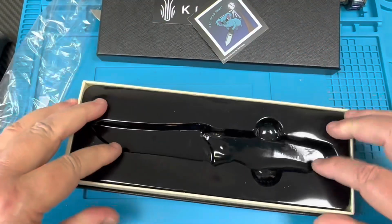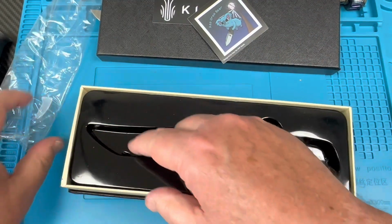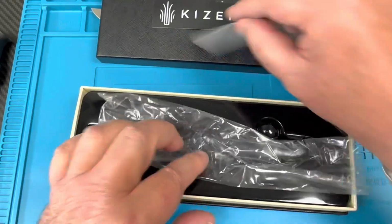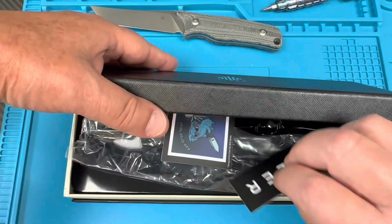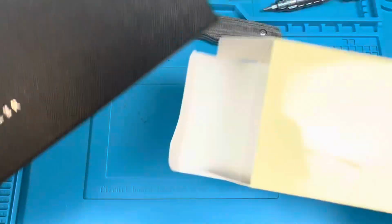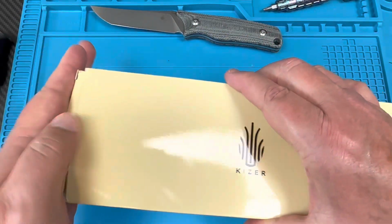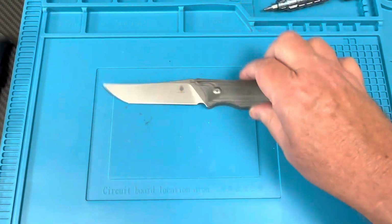And of course that's where the sheath will be, because the knife will be here and it's got a little plastic tip protecting it. Oh, it's right here. Okay, in here. So that's how she comes boxed up. Get in there. There you go, just like that. And then, of course, they put the inner box in an outer box, and I think it's well protected enough for a $57